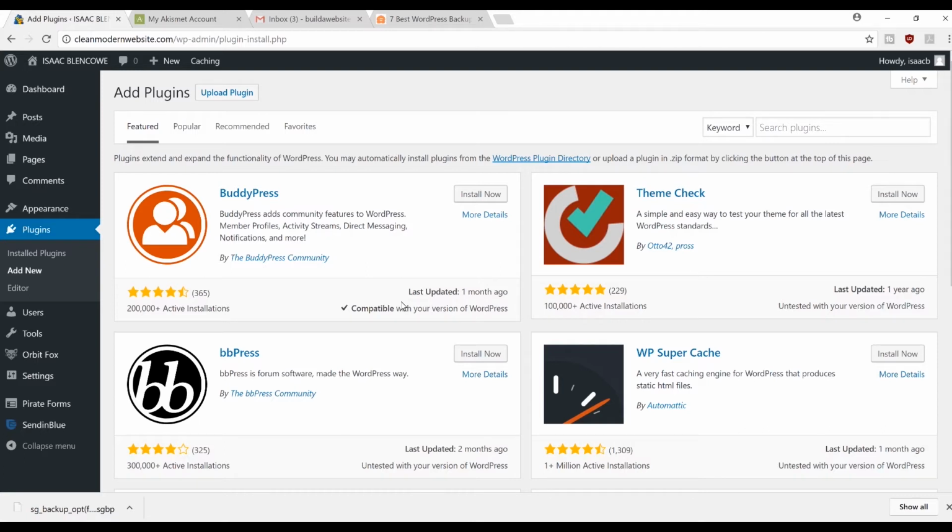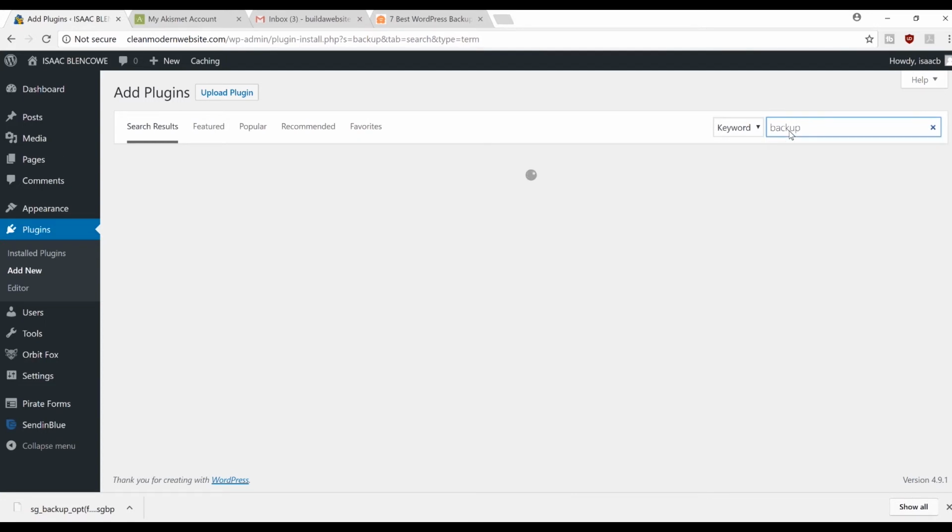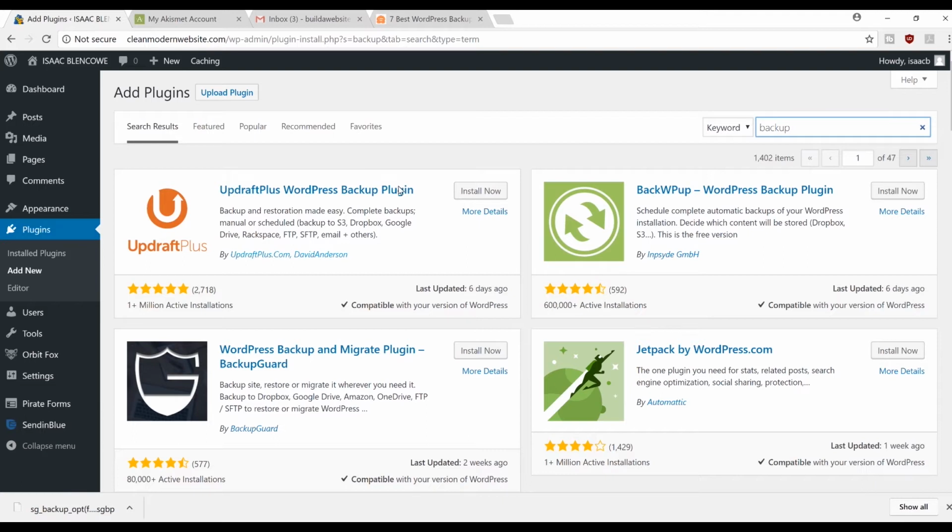Your website could for some reason crash and you don't have a backup of your site, and basically you lose everything if you don't have a backup of your site. So having a backup is basically vital to your website. It's very important. So what you're going to type in plugins is backup, and bring that up, and you'll have a search come up, and you want to go with this one here, Updraft Plus. Just hit install now